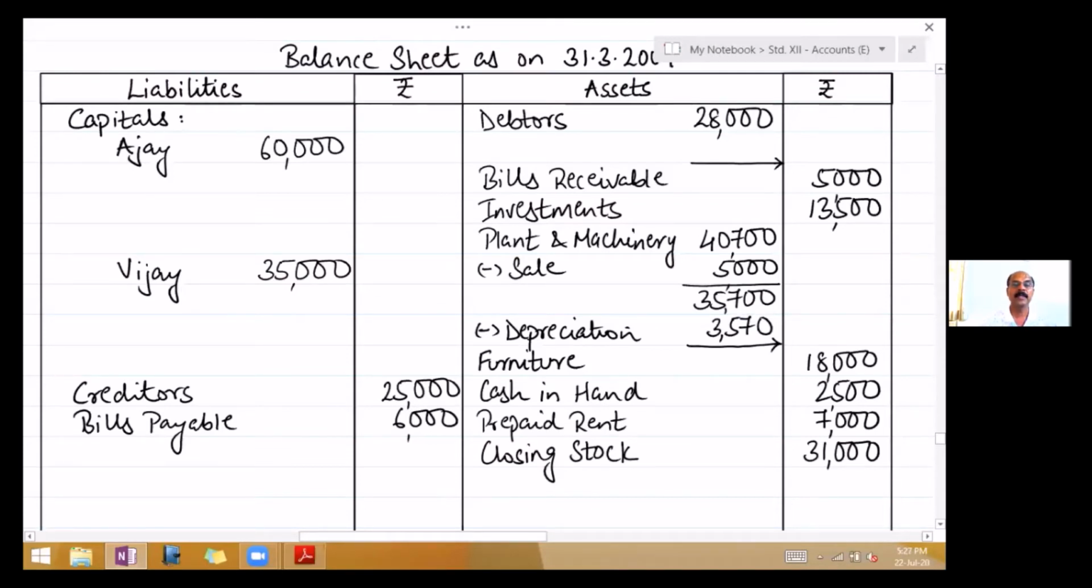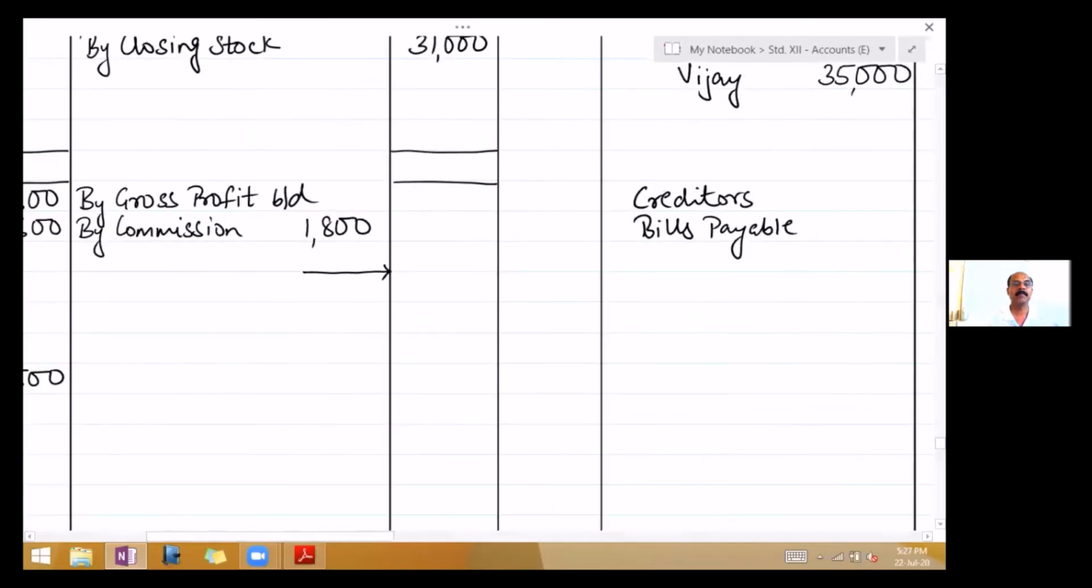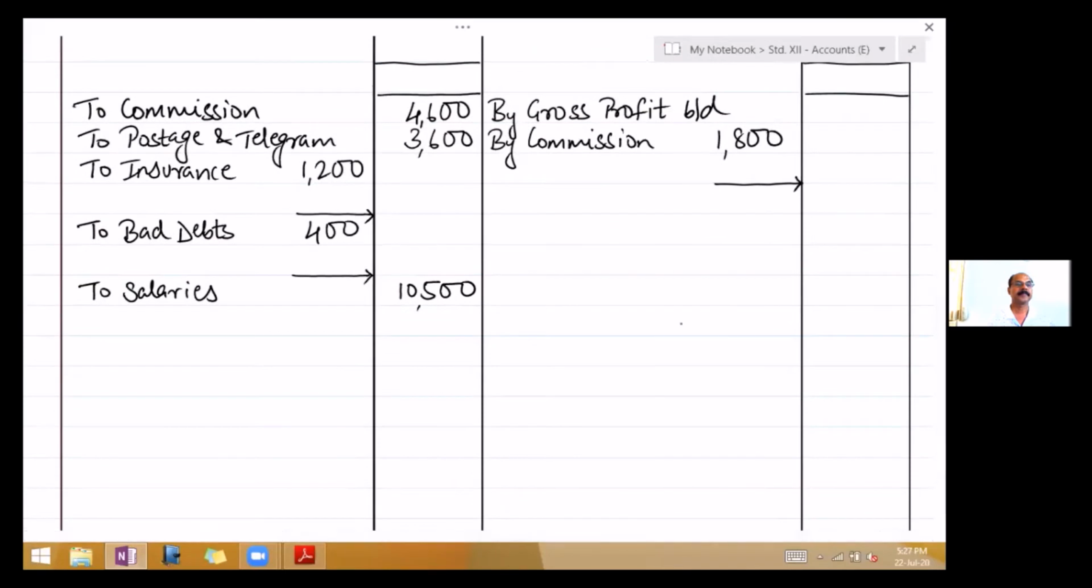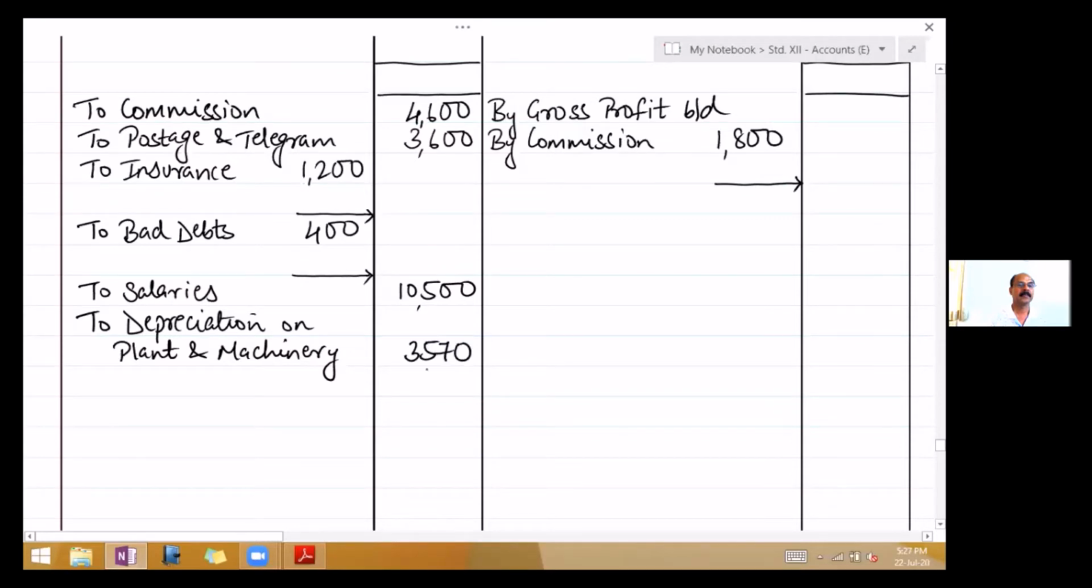Outer column will be 32,130. And second effect, P&L debit to depreciation on plant and machinery. Second effect of depreciation. Okay. Now,